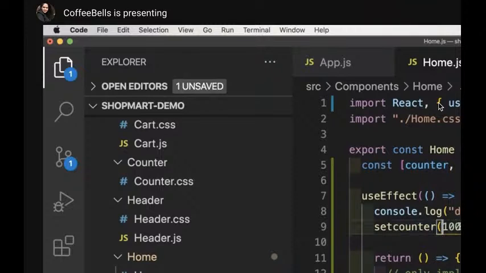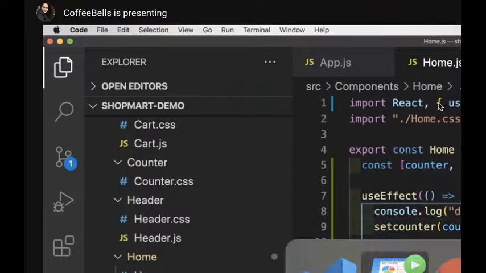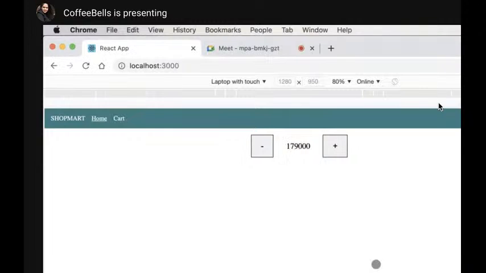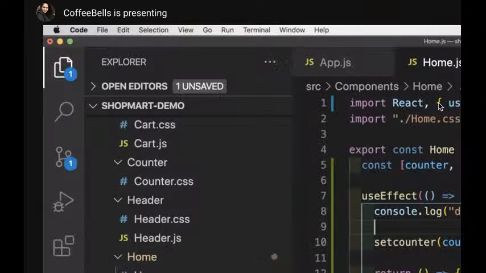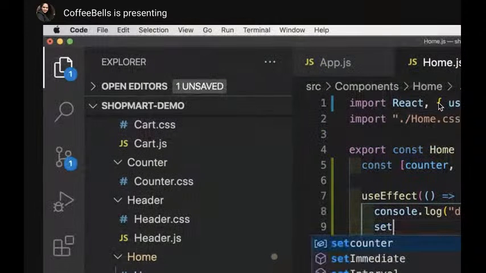So for example, now the counter will change, it will implement itself again and again. So let's do actually a counter plus 100 so that we see the change. Look at this. It's going crazy out there because it is re-rendering itself every time the counter changes. So every time we do a plus 100, it calls itself again. So it's mounting again and again. So what can we do to actually look at it slowly? We can put a setTimeout maybe.